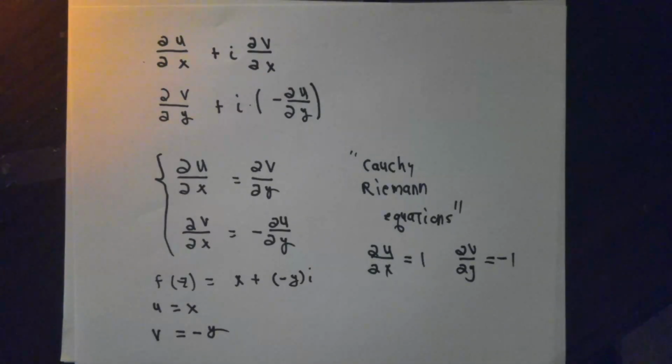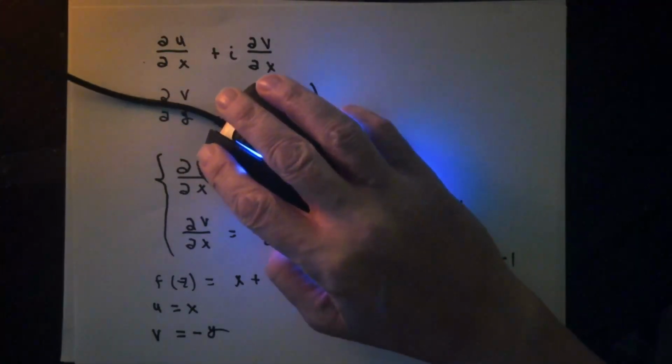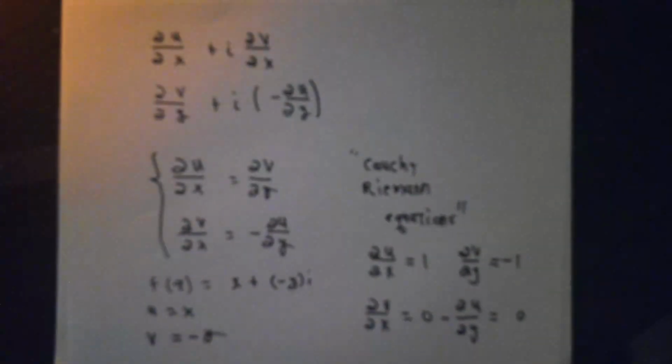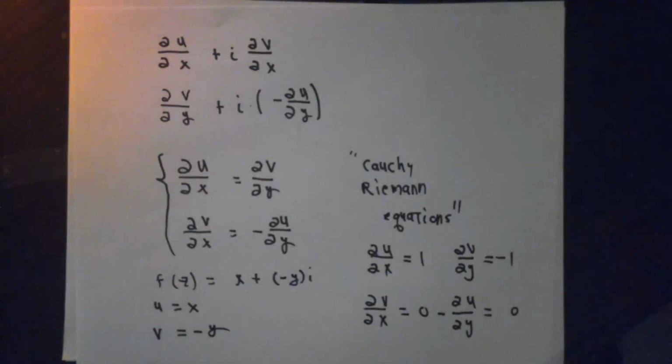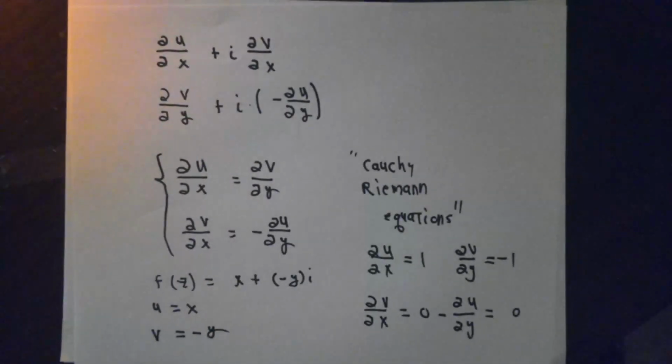The complex conjugate fails to obey that first Cauchy-Riemann equation, and that tells me it is not differentiable. The other Cauchy-Riemann equation is true, but both of them have to be true in order to have a